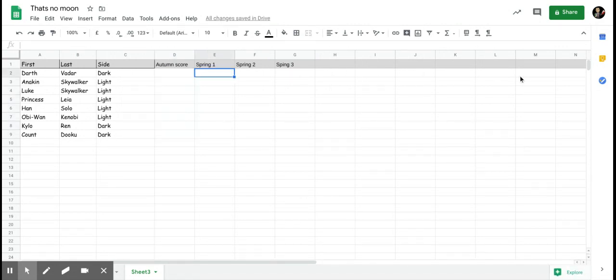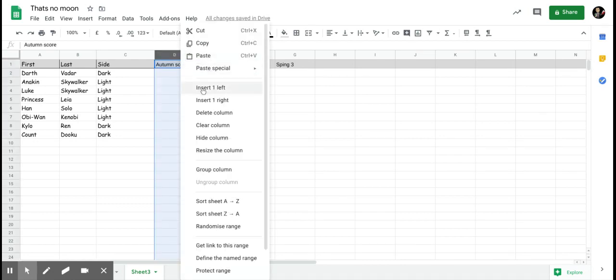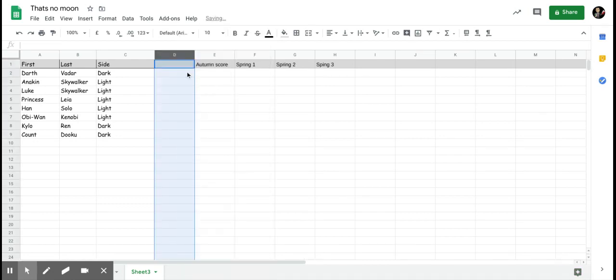I could do this for multiple subjects along the top. I could also decide, oh, hang on, I actually want to add last year's scores. Now, there's an option. If I right click, I can go insert one to the left rather than have to just drag everything across. So I could put previous year. Then I've got a bit of comparison. Now, that means I can do some stuff with functions later on to total them,